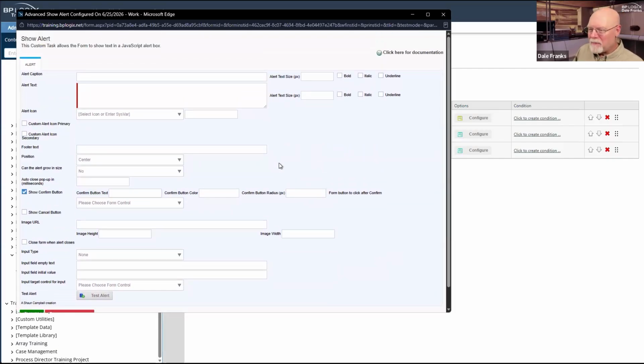So if you like this custom task, let Sean know. You can log on to the Circle community and send Sean a thumbs up. This is a very good custom task to use whenever you want to do user confirmations to get explicit permission to do something or cancel something, like, delete a value from a form or delete a form instance or whatever. You can run this stuff off the front end of the UI, and you have this fine-grained control over how it works. So it may be a custom task that is of interest to you, that you want to